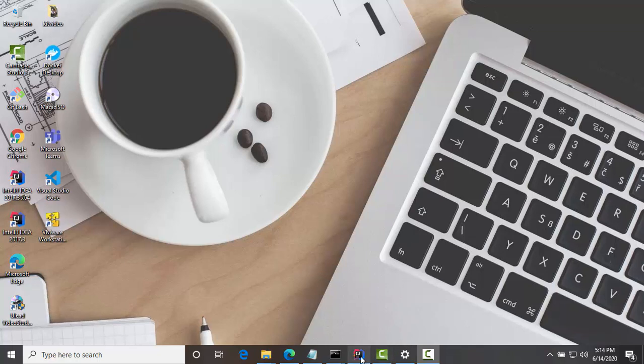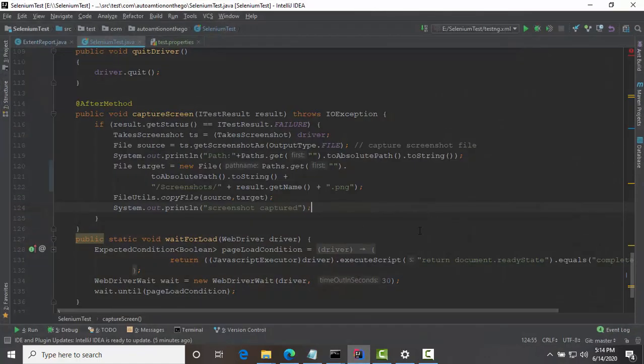So quickly I will show you the code changes that I had done in order to achieve this. First of all, I have created one method which will capture the screenshot. We are capturing the screenshot when there is a failure in the test case.